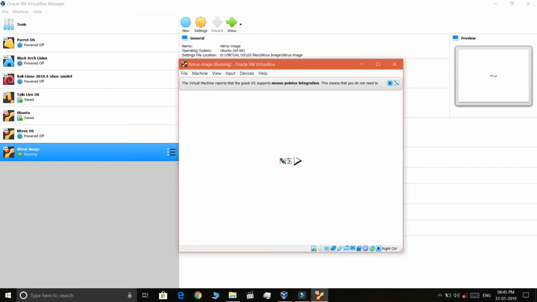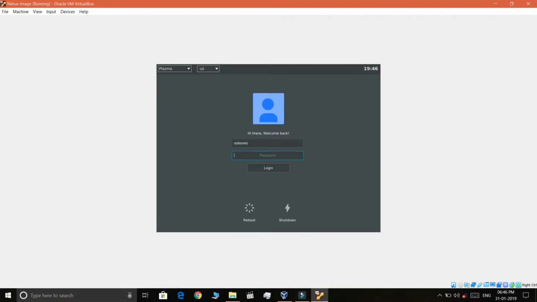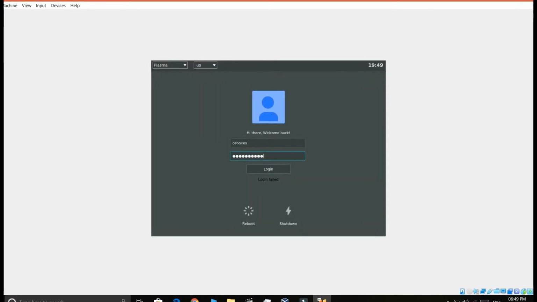So you need to wait for some time for its process. And as you can see, the user is already set, but the password is not. So what is the password? The password is osboxes.org, and you can find the password on the official site of OSBoxes for this operating system. So hit enter,